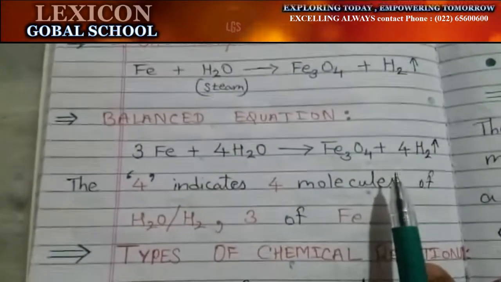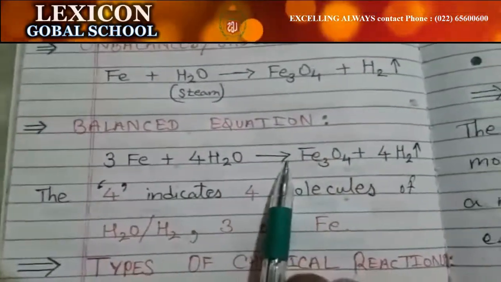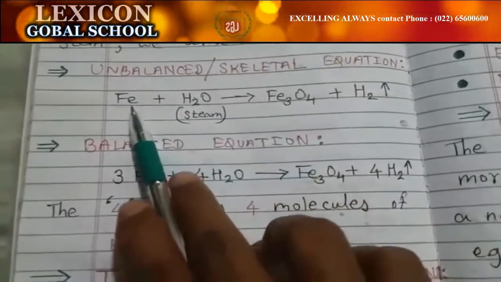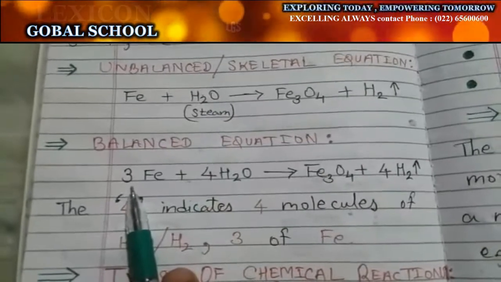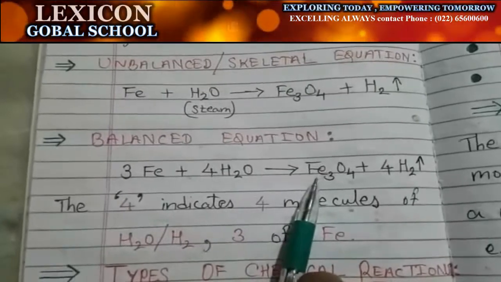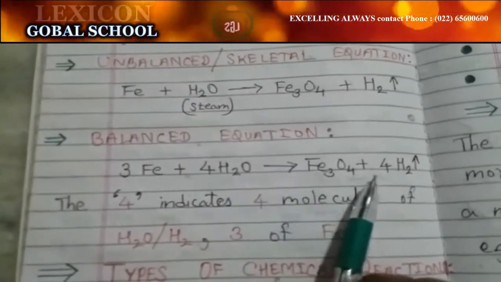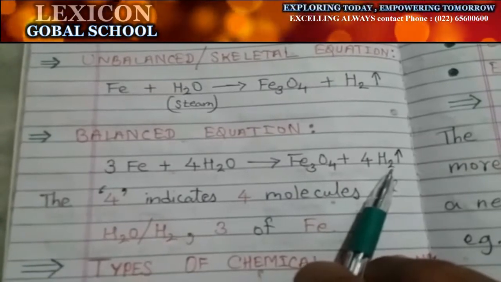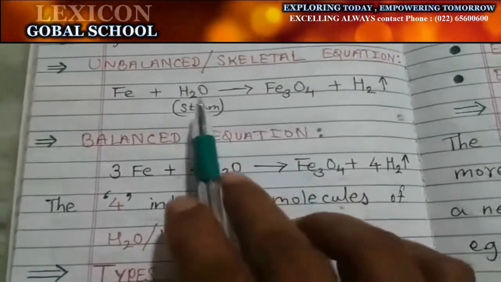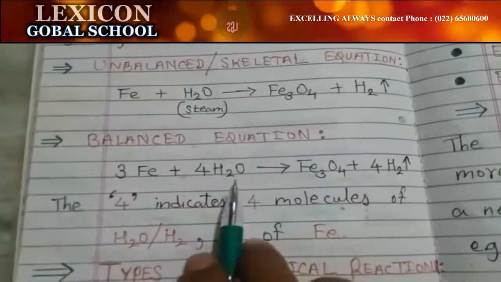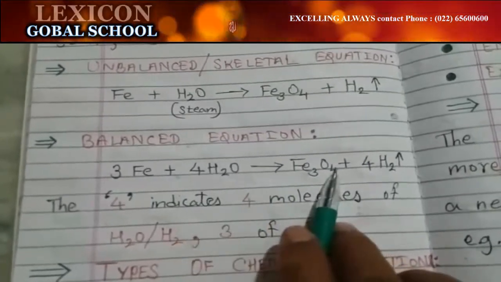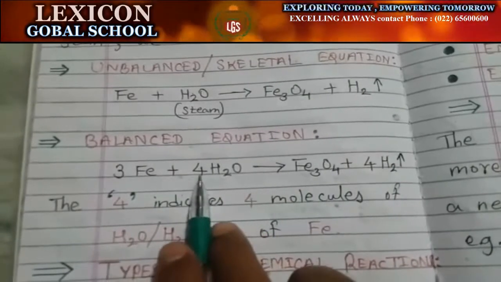Now see the balanced equation, the same equation we have balanced here. See how. Fe3 is here, and here is only Fe, so we can write 3 here, without altering the Fe. So here iron became 3, and here also iron became 3, Fe3. Now what about hydrogen? Hydrogen was 2 here and 2 here, but oxygen was 4 here and only 1 here. So what we did is, oxygen 4 here, and here also we have given oxygen 4. Now oxygen became 4 here, and here also oxygen became 4.